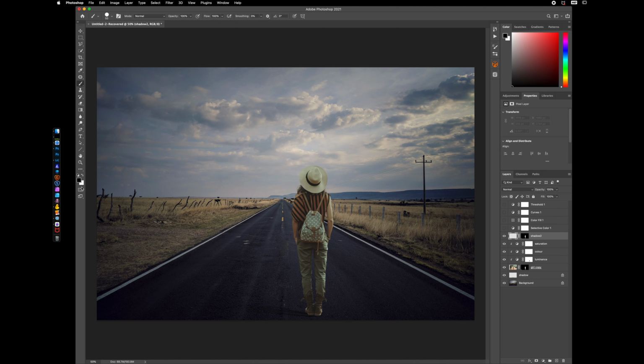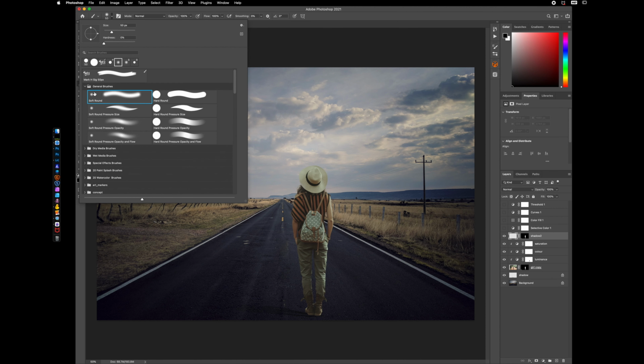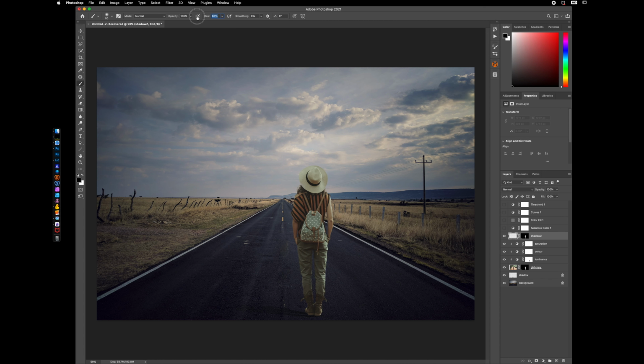But what am I going to paint? Well, B for my brush tool, black is my foreground colour, it's already there. Let's go for a soft brush. Let's lower the flow, and make it a little bit wider. Change this to multiply, and I just want to brush down the outsides, add a little bit more there, possibly around there, outside the bag. That doesn't look very good yet, but if I lower the opacity on it